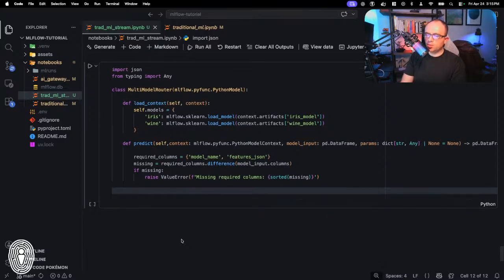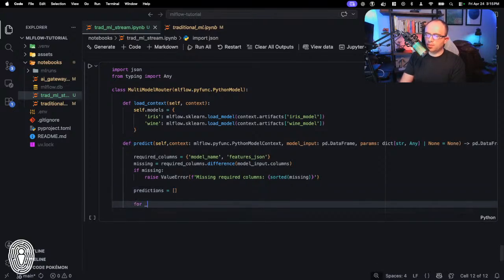All right, and then we're going to create a list to hold our predictions, because we can pass in multiple records at a single time, and then we can return them all at once. So we're going to say for row in model input dot iter rows. So this is basically saying, okay, let's iterate over any data that we got in.